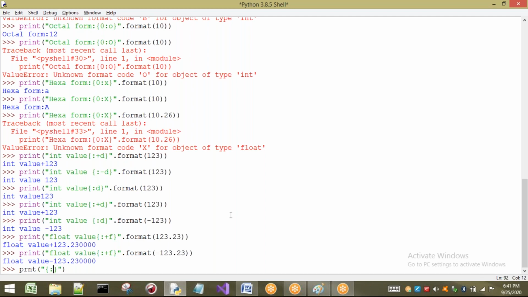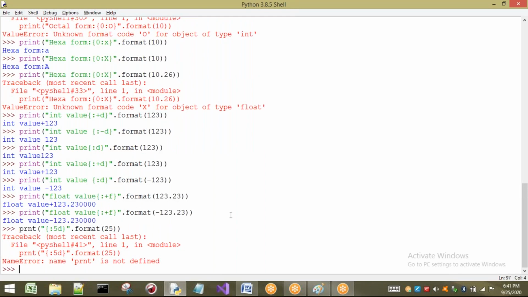I just want to print a decimal number. Dot format of what you want to format. I want to format a small number, 25. Here I have taken print with dot format. Sorry, the print spelling is wrong.